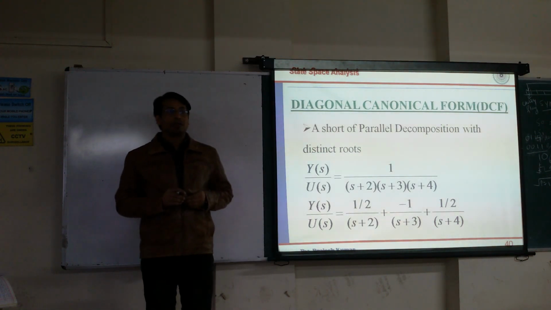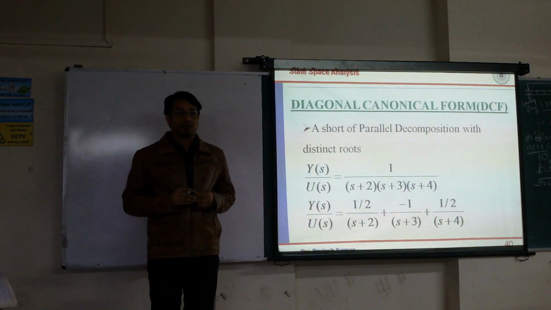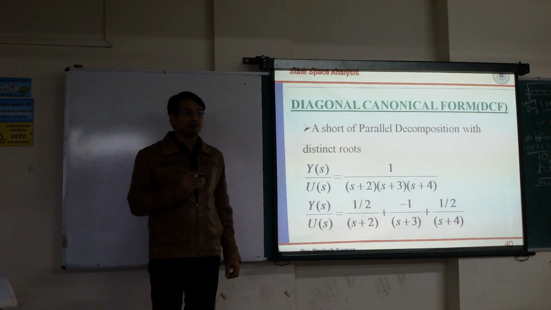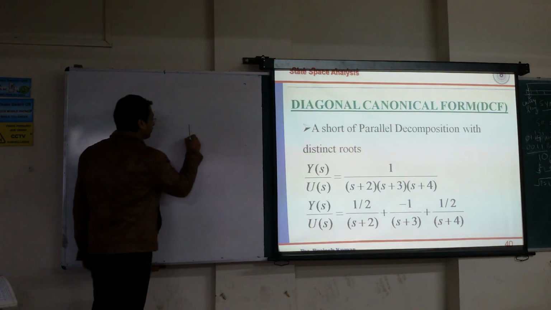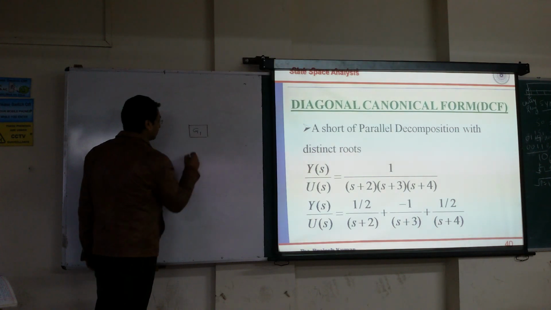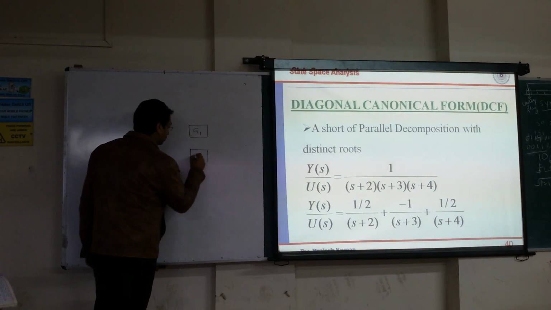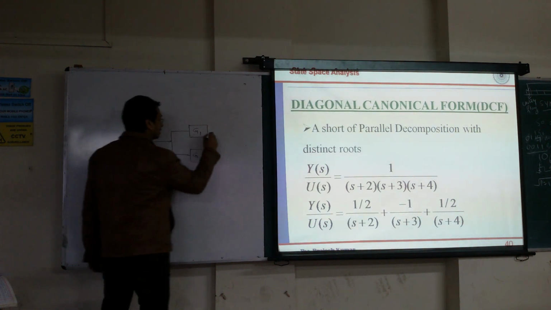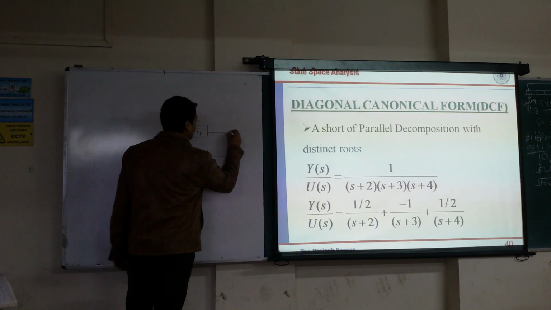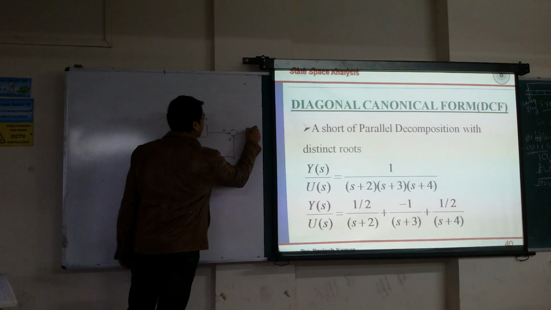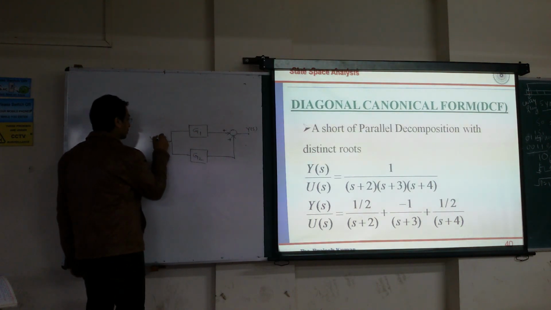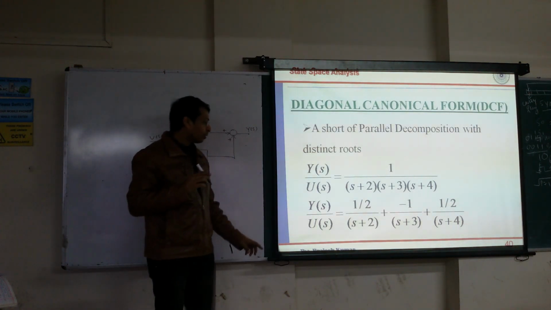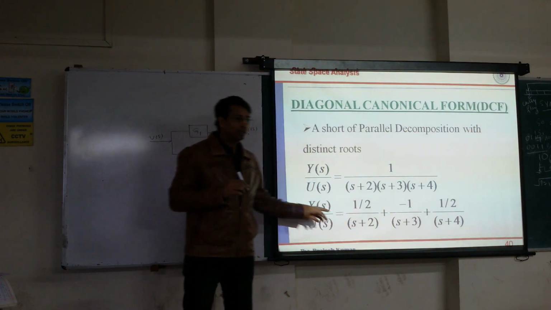Okay. So if you remember a little bit of your block diagram rules, you know that in block diagram form the parallel combination was shown like this. If you are having a transfer function G1, another transfer function G2, so if they are in parallel form, you have represented it like this, correct? Hence there may be plus or minus depending upon the case. And this is your Y(s) and this is your U(s). So our aim is to work on each constituent of the partial fraction.